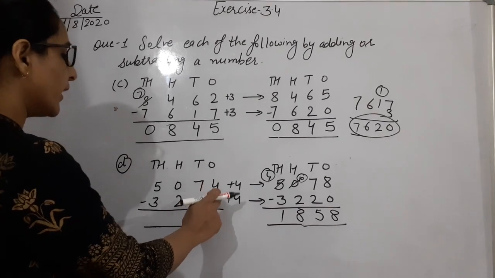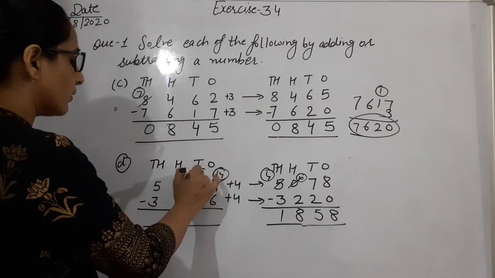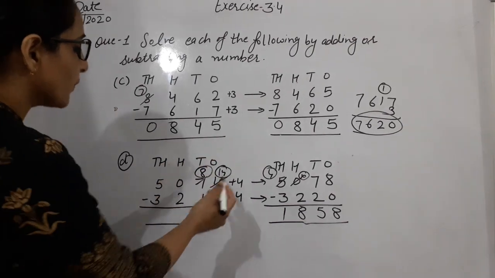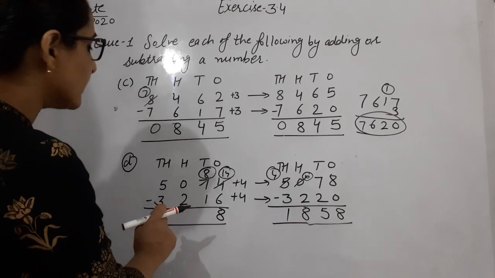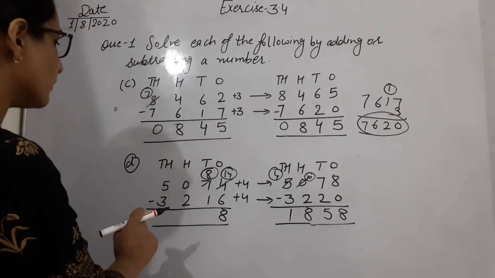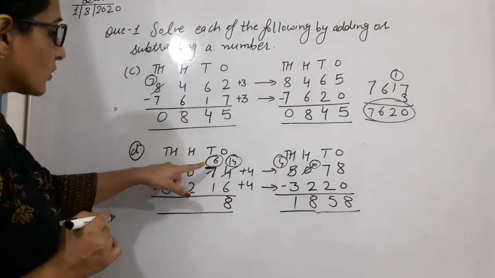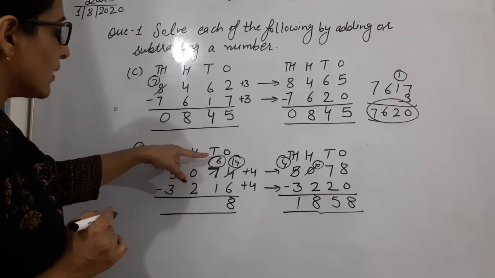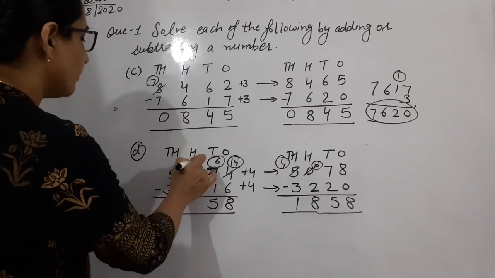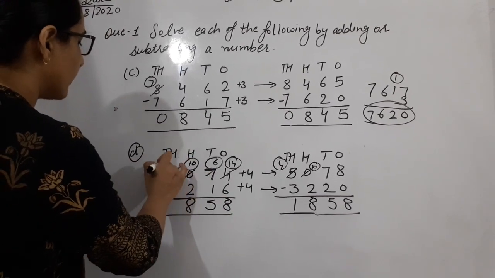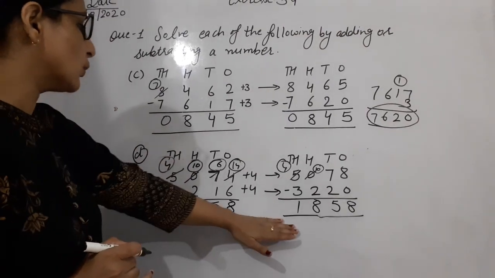Now do the solution of this one also. Here is 4, here is 6. So we borrow here from 14. 14 minus 6 equal to 8. Now here 74 is remaining. Here 6 is remaining. 6 minus 1 equal to 5 and 10 minus 2 equal to 8 and now here 4 minus 3 equal to 1. Now the solutions of both are the same.